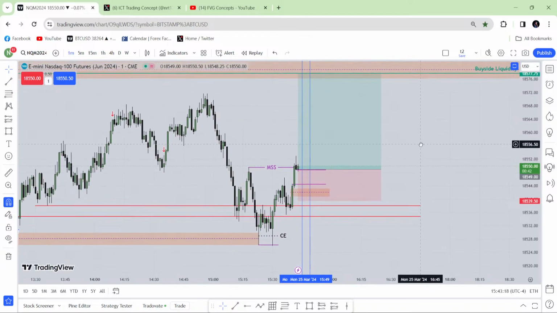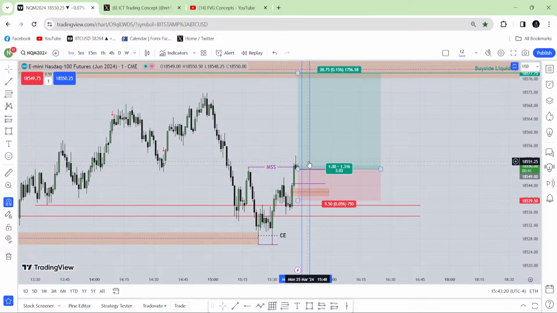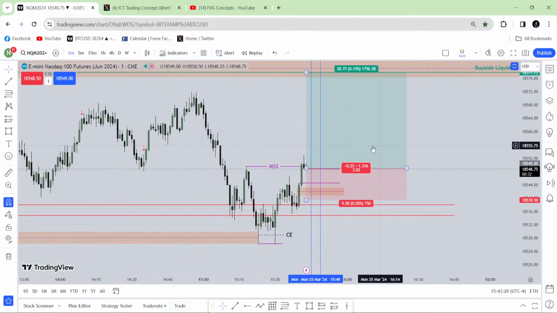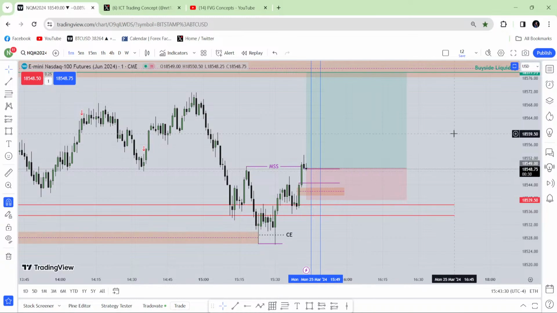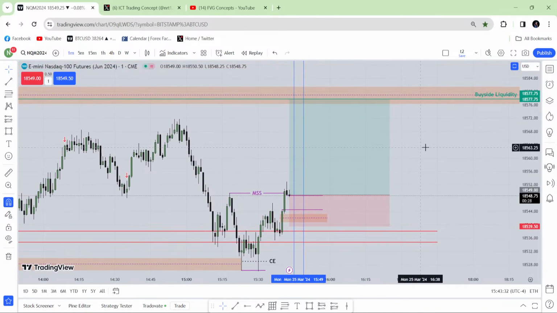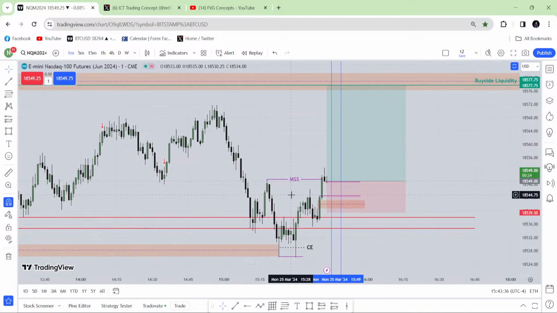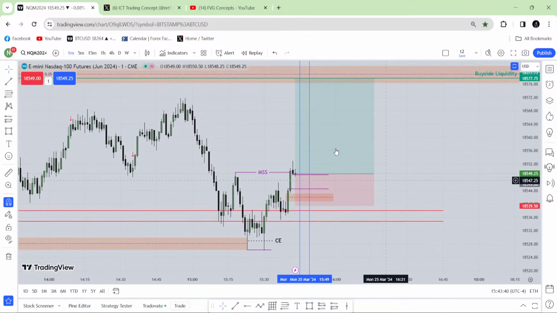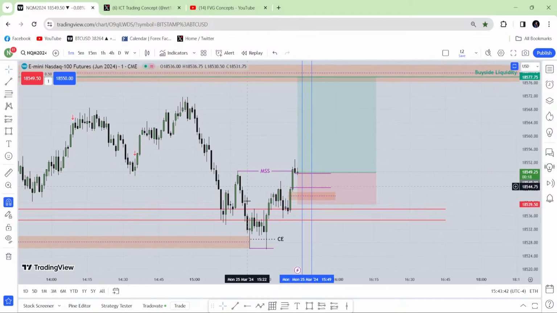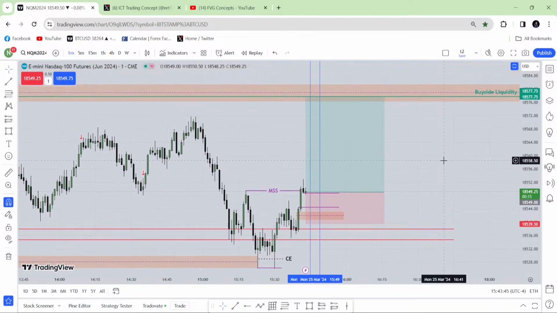But I'm not interested in taking that entry because the market is very near to the close of the session. Very near, okay? 3:49. After 3:49, no entry should be held. That's why I'm not interested in taking that entry. Instead, I will just observe the price, how it works. But if you ask me, until now, this is the only entry from today, the only A++ entry.